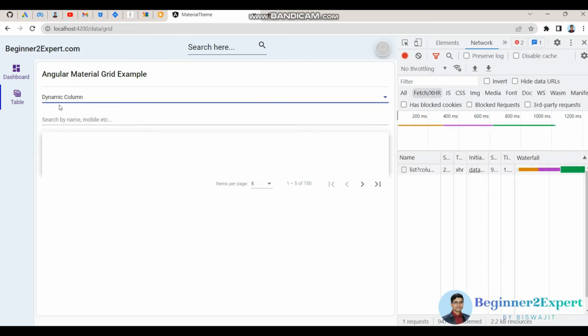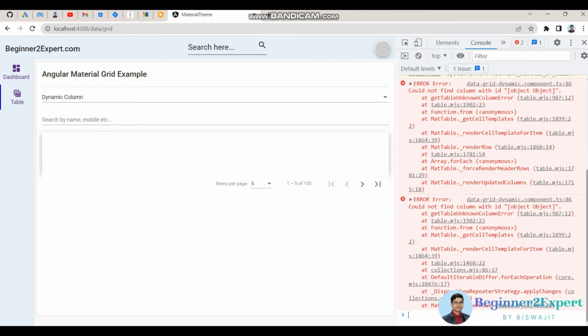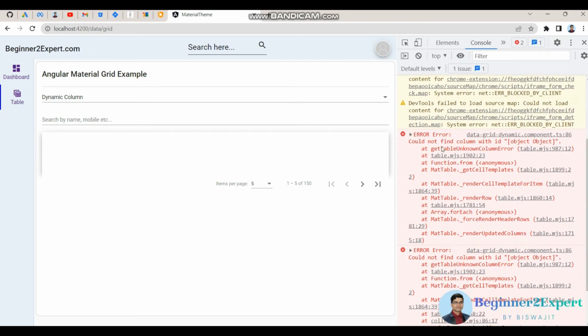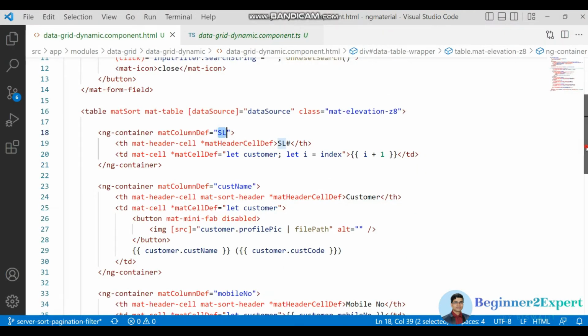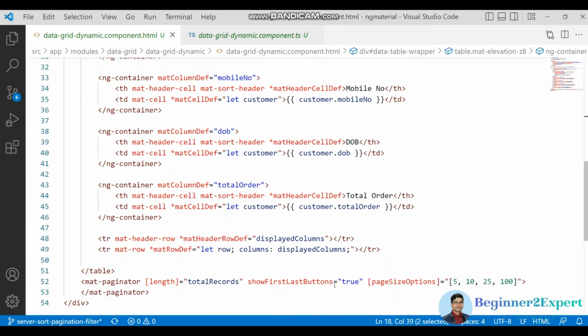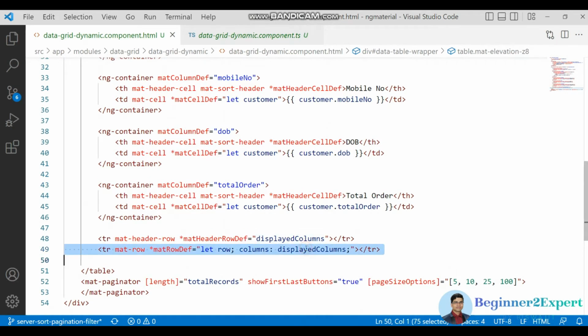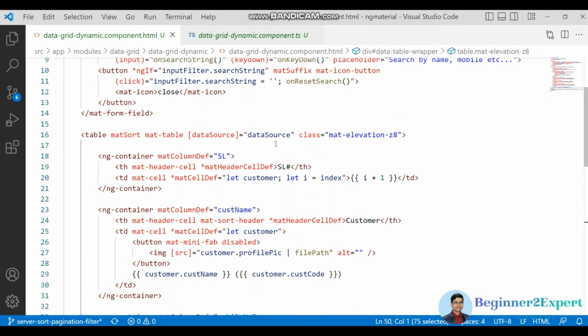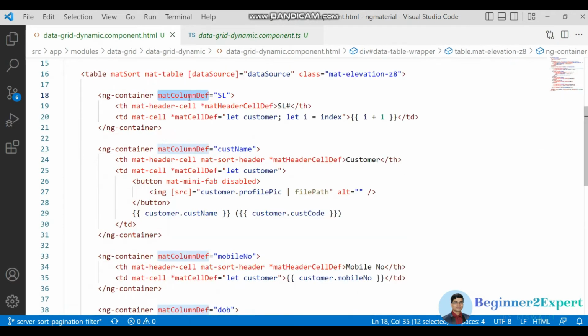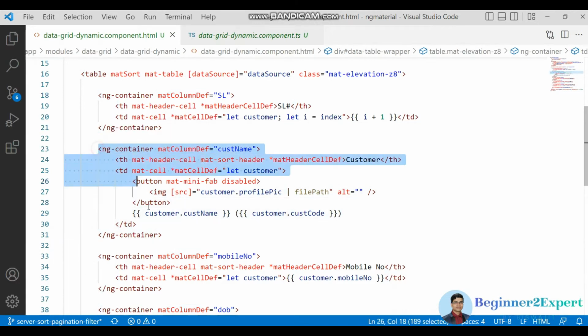Okay, so now if I try to load the dynamic column grid, I can see one common error in the console. That error is stating something like could not find column with id, something object. Okay, what does it mean? If we provide the string array, that string array should have the definition inside this column definition directive. So let's, what I'll do, I'll comment this